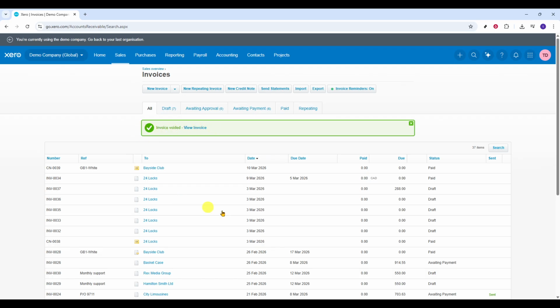If you're following along to correct a simple mistake, voiding is usually the quickest and cleanest option. If you need to replace the transaction, you can recreate a corrected version afterward. If you've already sent the document to a customer, consider notifying them so your records and theirs stay aligned. And if your role doesn't allow you to void, you may need a user with the appropriate permissions to complete